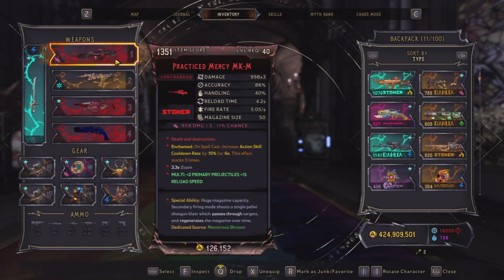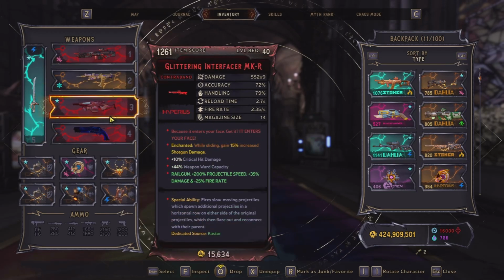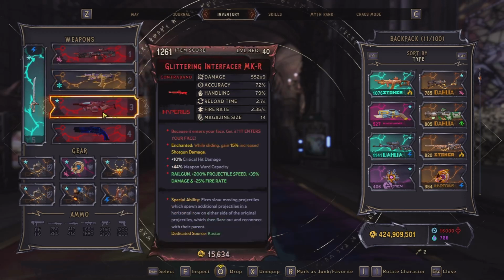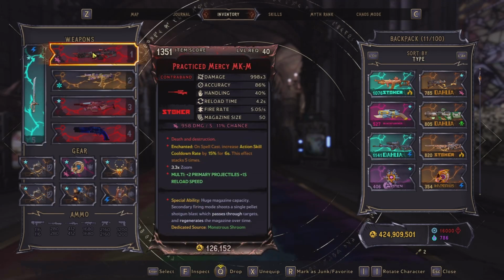For the guns, we are using the Mercy, which is a contraband gun. Contraband, if you don't know, is a new rarity added in the Redux mod. What's special about this rarity is that a contraband gun can draw different modifiers. Some give them 2 extra projectiles, some give them projectile speed. So for example, the Mercy here I have has 2 primary projectiles, but it can also have an extra 200 projectile speed if you manage to get another one. But in my opinion, the best modifier on the Mercy is a multi modifier, where it would give you +2 primary projectiles,